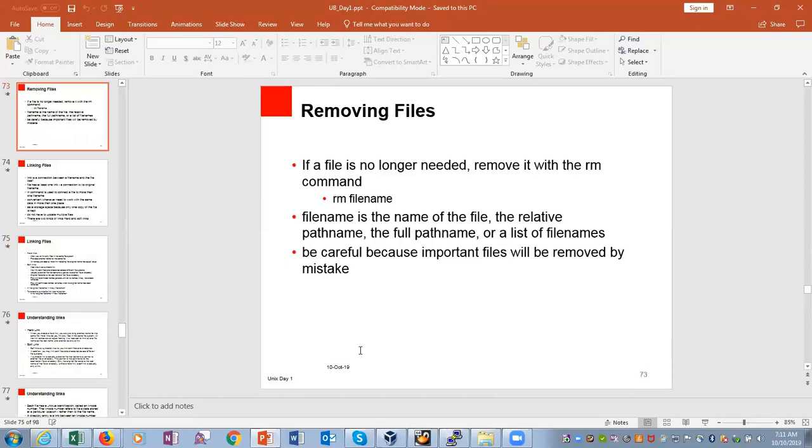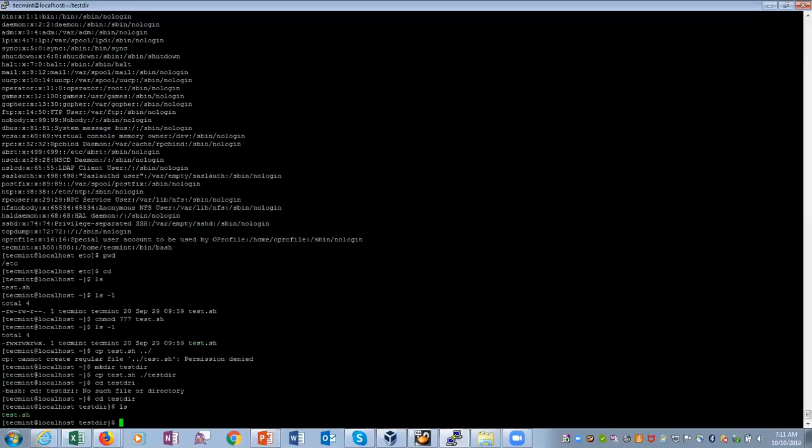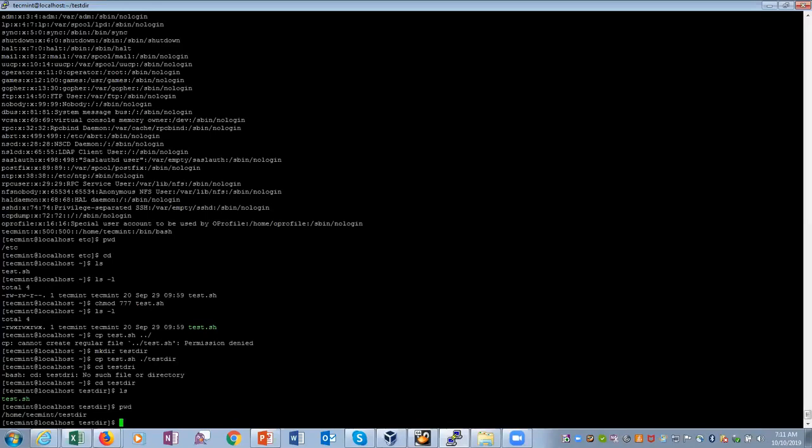Removing a file is done with rm filename, the removing command. Let's try rm here.